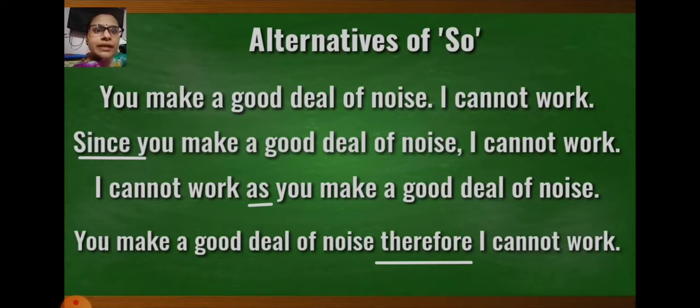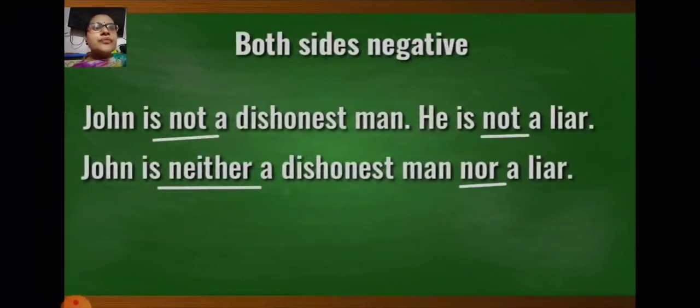Noise. You make a good deal of noise, therefore I cannot work. So instead of using so, you can use since, as well as you can use as and therefore. These are the words which you can use instead of using so. Now a most important thing, sometimes you will get sentences that are negative, and both the parts,